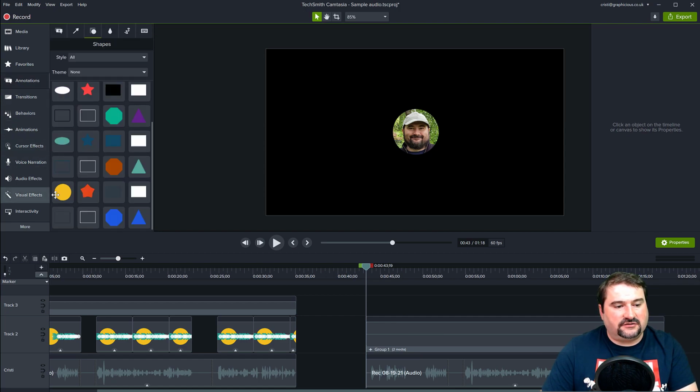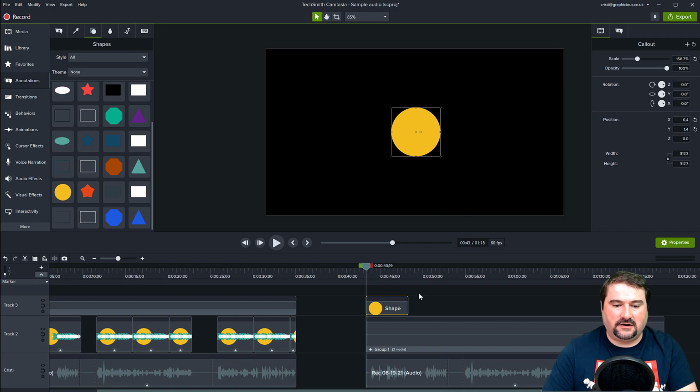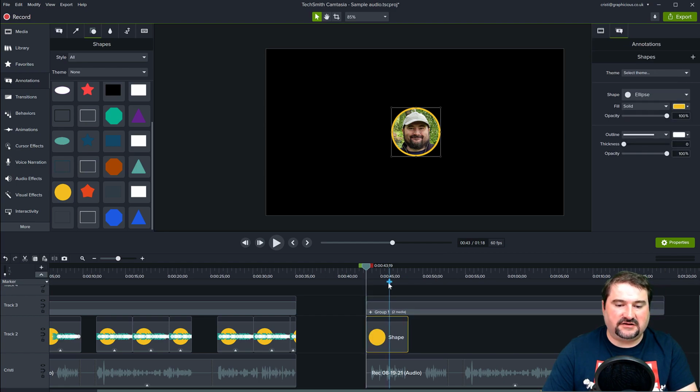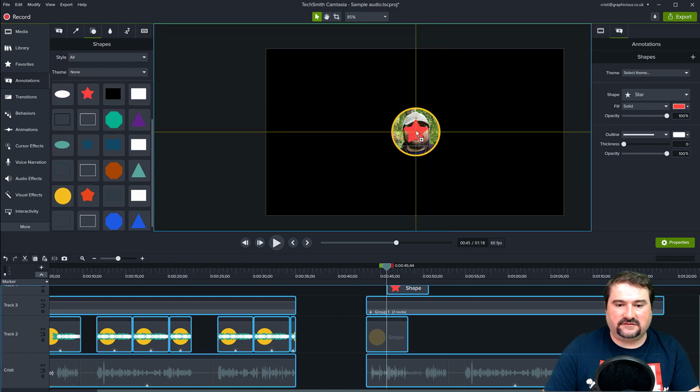I go to annotations again and bring another one of these right there. And of course, I'm going to move it down just below the avatar, just so we have an idea about the size like this. So that's cool. Another one I want to do is now I go to the star annotation. So this star annotation, I'm going to just take this and place it in the center like so.